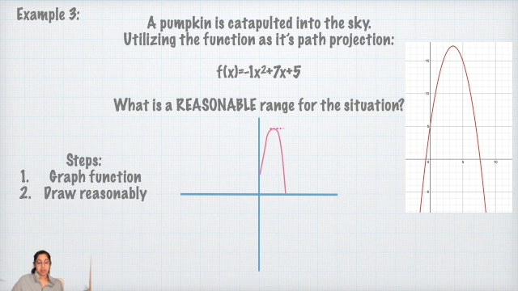Okay. So I'm looking for my range. If we were looking for our domain, we would go left to right, but I'm looking for my range. So I start at the top, scan down for this. And I see that my range is 0 is less than or equal to y, which is less than or equal to 17. And I know I didn't say find the domain, but if I were to find the domain, it would just be 0 is less than or equal to x, which is less than or equal to about 7.5-ish. Sounds right. Okay, that is